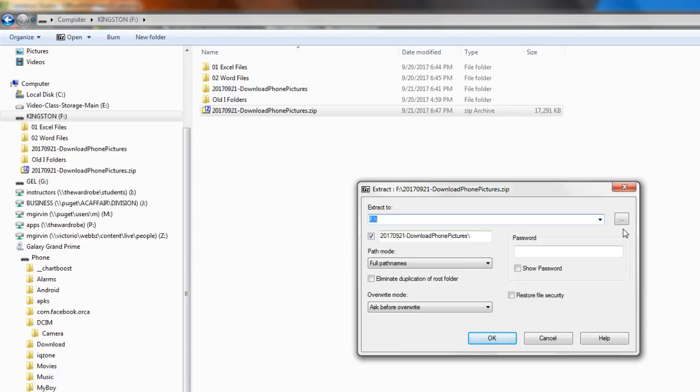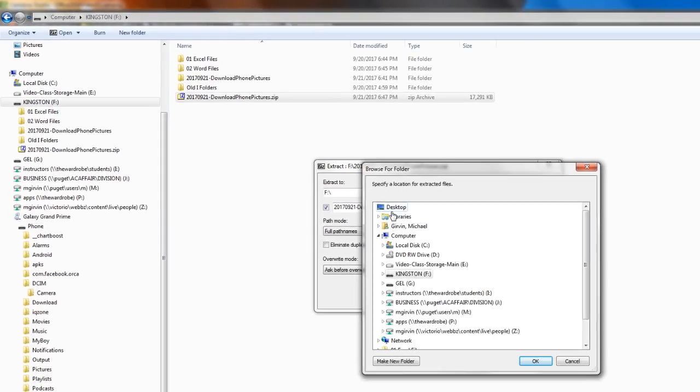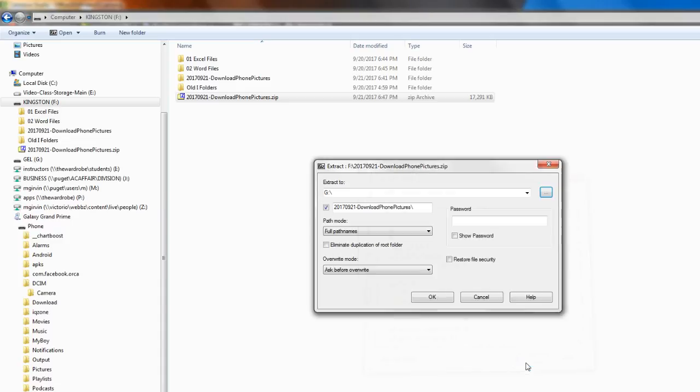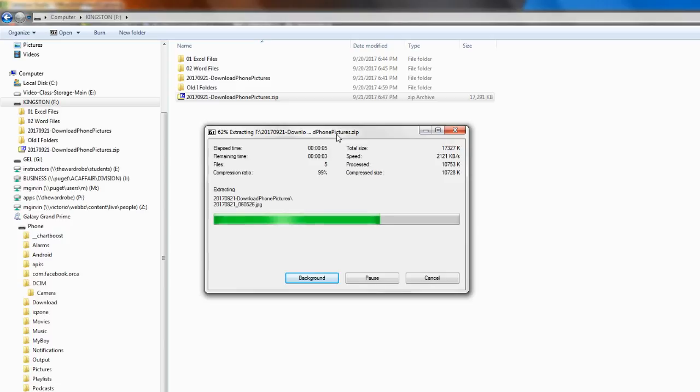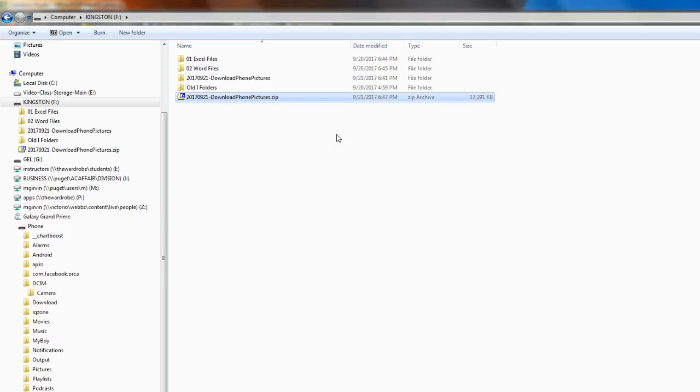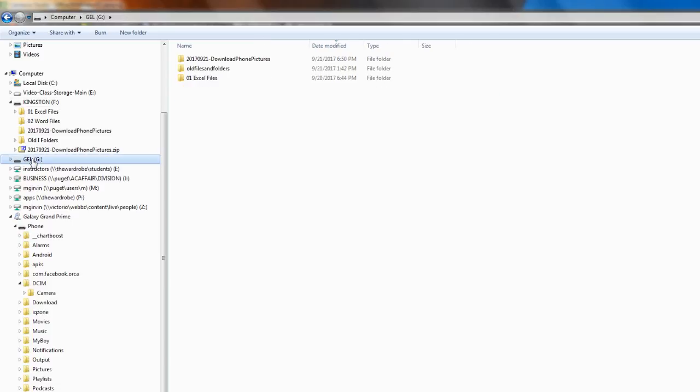There's a few places that we'll see in this class where the three dots means I can browse. Normally this button will say Browse, which means when you click it, you're allowed to browse and send this wherever you want. I'm going to click on the other jump drive, then click OK. Now I'm going to come down here and click OK, and it is unzipping and sending it to that other jump drive. We are using Windows Explorer to zip a folder with a bunch of files and then unzip. And sure enough,